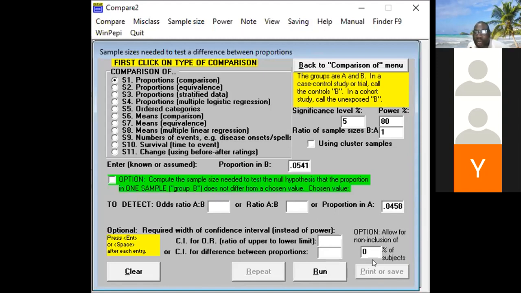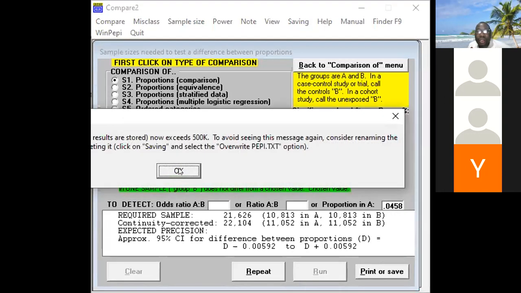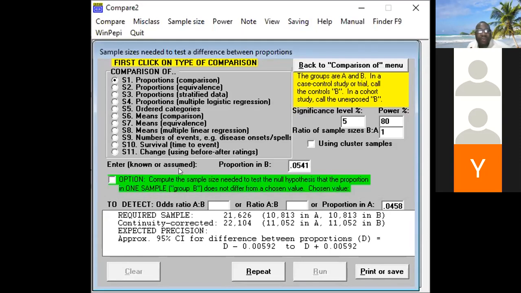Can you see, if you want to allow for attrition, that 5% or 10% attrition, whatever? This is where you put it. Otherwise, just run. Can you see? It gives you